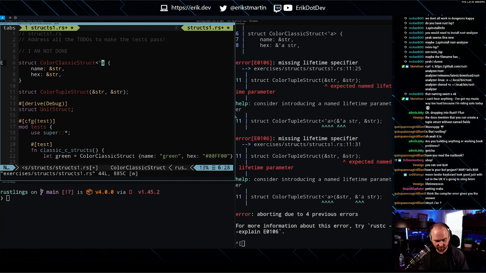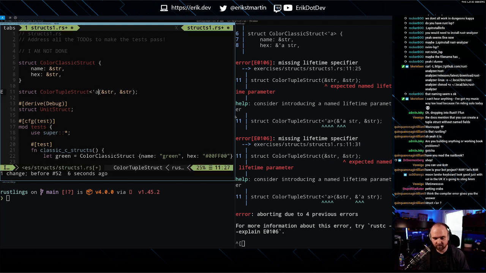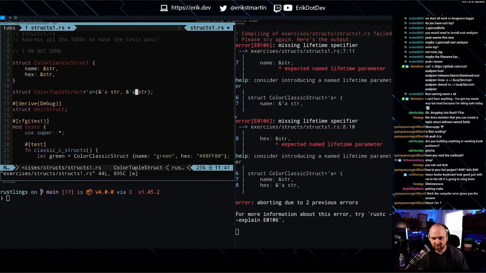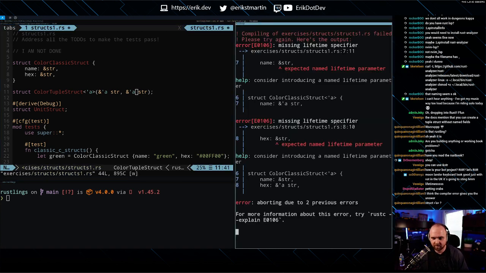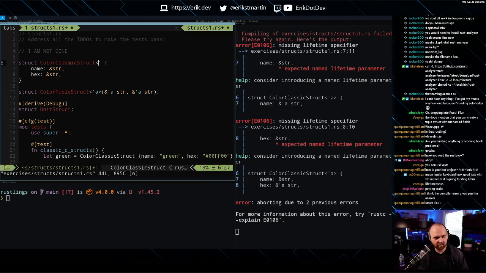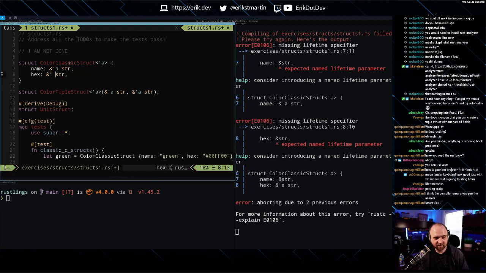Wait, oh no, that's the tuple one. Alright, so this one, there's where we introduce the lifetime. We're going to say this is using that lifetime. This is using that lifetime. Okay. So now we just have to do it here. Same thing. You're also going to use that. I know this is how we solve it.